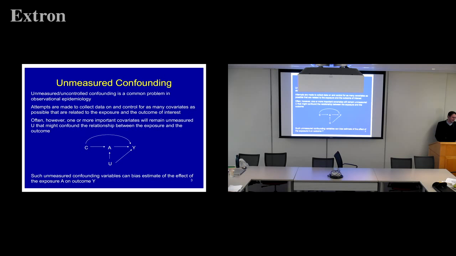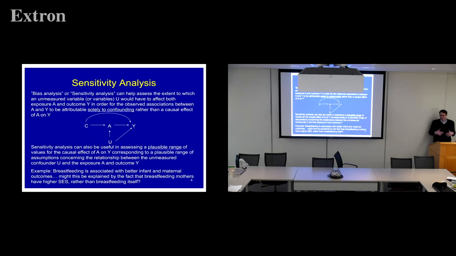And so sensitivity analysis or bias analysis techniques can be used essentially to assess how strong such an unmeasured covariate would have to be, in affecting both treatment and the outcome, to explain away our observed association. If we're willing to speculate about the strength of those associations between the unmeasured confounder and the treatment, and the unmeasured confounder and the outcome, we can also sometimes use these techniques to get a range of what we think might be plausible estimates as to what we would have obtained had we been able to adjust for that unmeasured covariate